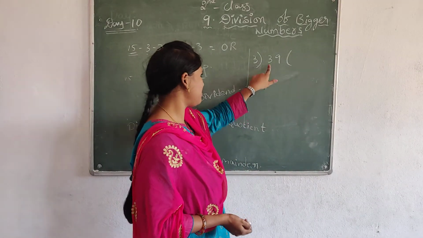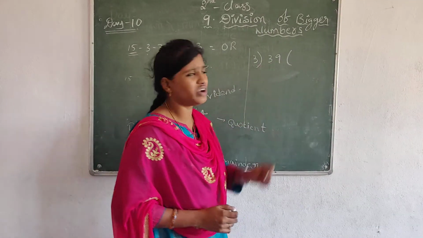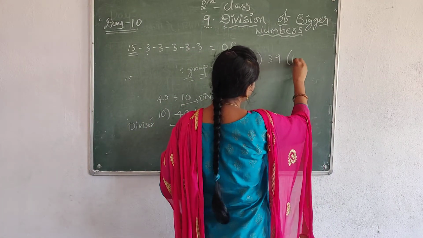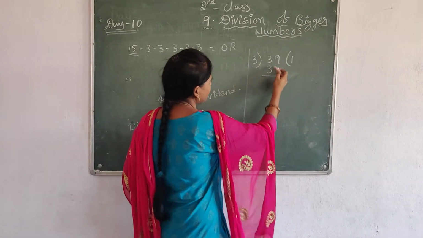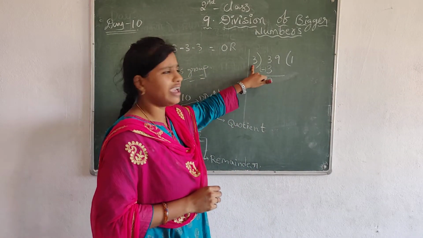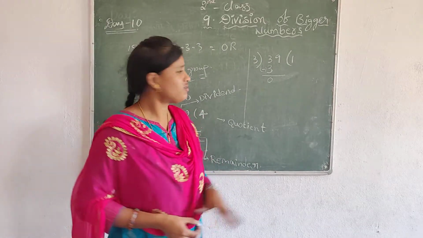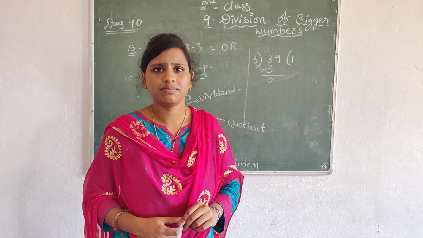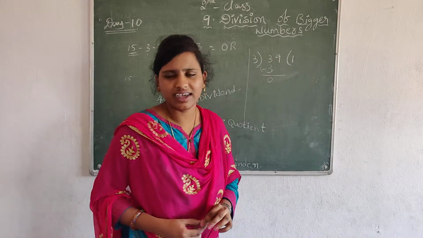But here, this number is the same as this number, right? These two are threes. So 3 cancels in 3. How many times? 1 time. So write down the 1 in the quotient place and write the 3 in the dividend place. Let's subtract these two. What do you get? 0. And see, one more digit is there in the dividend. So does 3 cancel in 9? Yes, it will cancel, right?